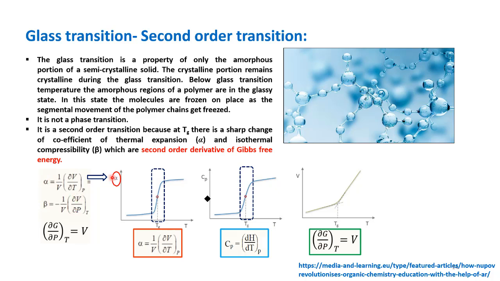And for the glass transition temperature, the graph is plotted between alpha and the temperature. So alpha is the second order derivative of this function, and T is the temperature. And here also, if we plot a graph between these two, then we can see where the transition is happening. So these are two very prominent changes we can see. And if we plot between V and T, here also we can get a point where the transition has happened. So that can also be determined with the help of these curves.